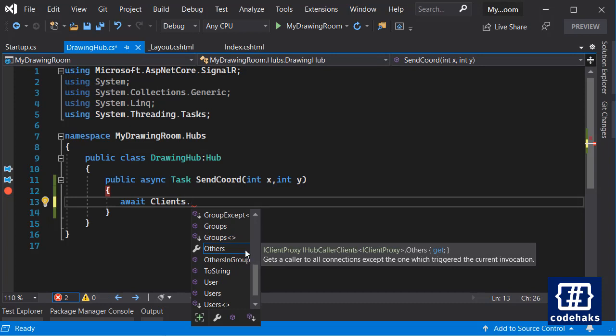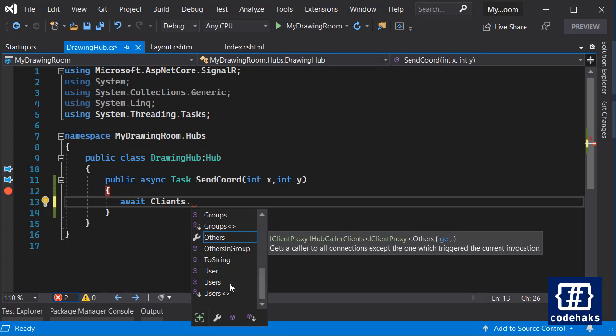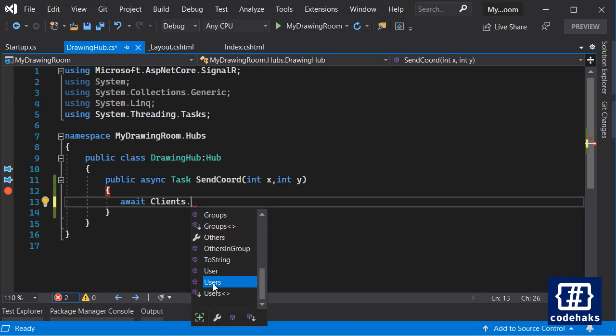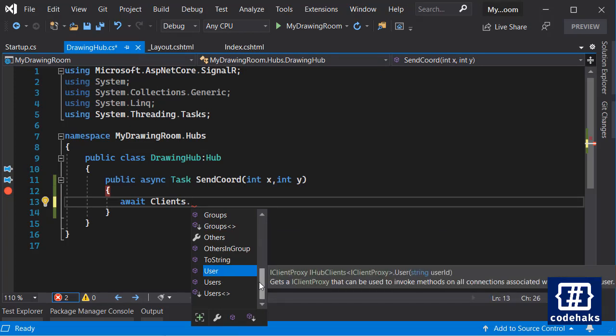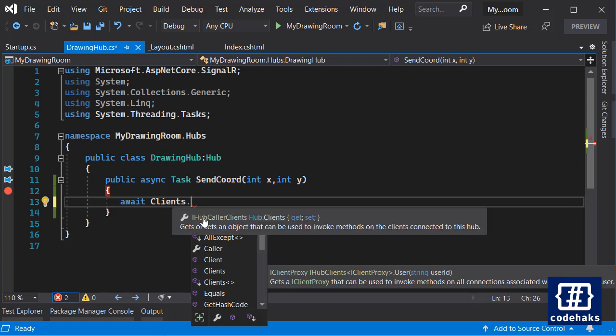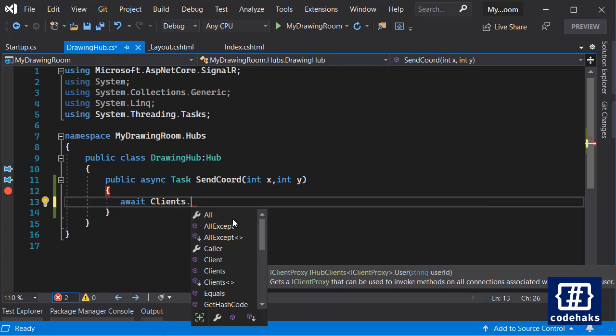You can have groups and send data to a group of users, and you can send to a list of users, one user in particular, and all users except some. And you can send data to the caller, the one who has sent the data. You can do very different things using these clients in the hub, and that's the most powerful part of SignalR